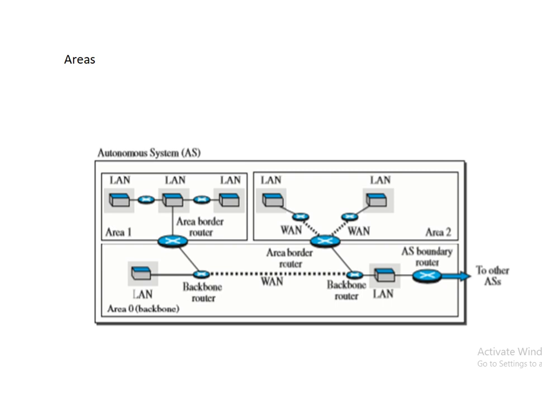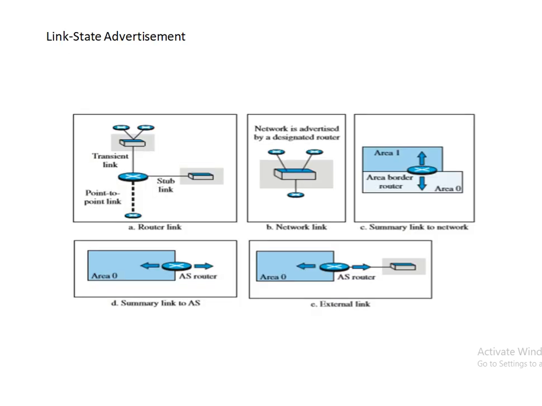Now the link state advertisement has to take place to form the LSDB. There are 5 kinds of advertisements which can happen in OSPF. Number 1 is the router link. You can see the first one, router link. The router link advertises the existence of the router as a node. In addition to giving the address of the announcing router, this type of advertisement can define one or more types of links that connect the advertising router to other entities.